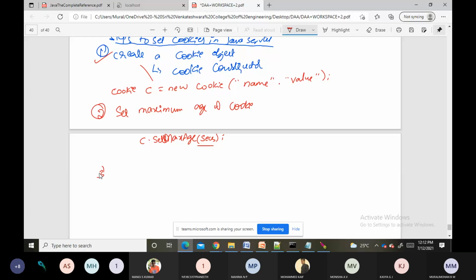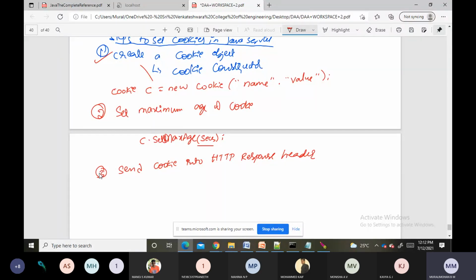third step: send the cookie into the HTTP response header. Kindly observe here. We are following three steps to set cookies in a Java servlet.